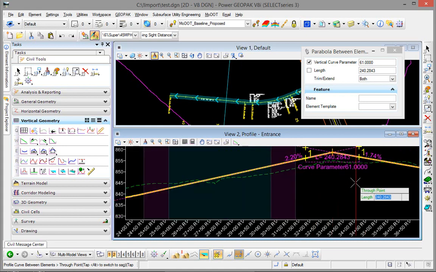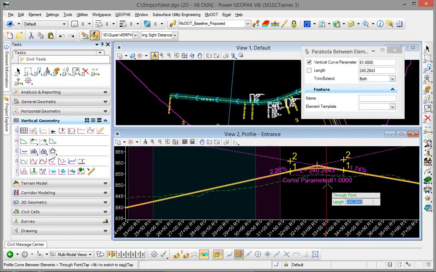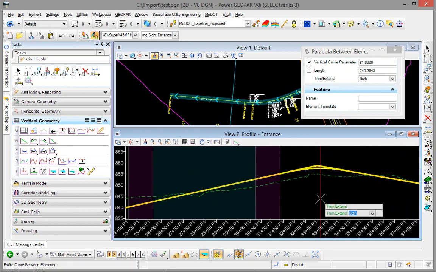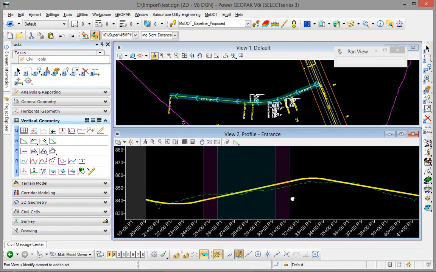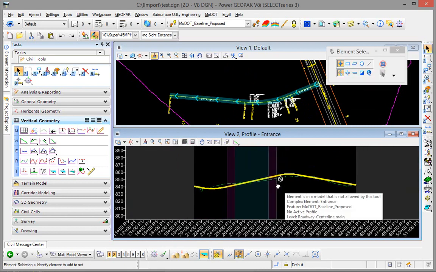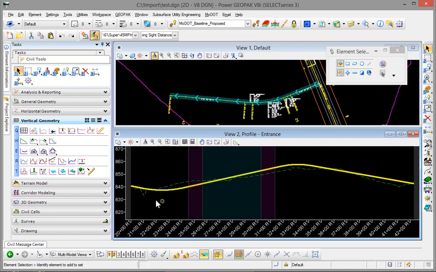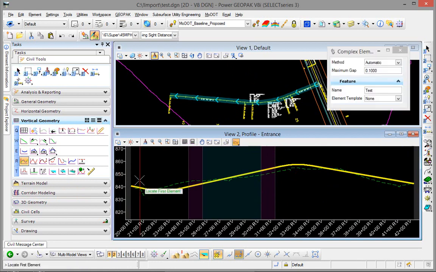And so on our crest curve, we're going to have different parameters obviously than we would on our sag curve. And we'll trim both of those. So now let's go ahead and complex this profile, which will save it back to the GPK file. And so we'll come back to Profile Complex by Elements, and we're going to make this automatic,